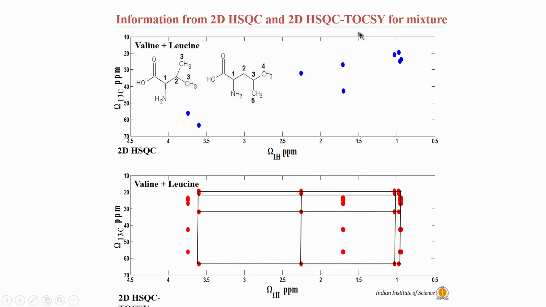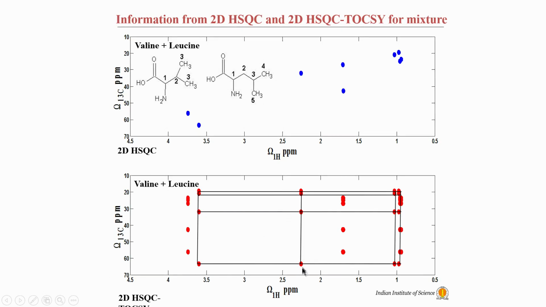A proton-proton TOCSY, if you recall in the homonuclear part of this course, we saw that there is no carbon involved. Similarly, HSQC has no TOCSY involved, but in this kind of a spectrum I am able to actually correlate carbon with proton. Not only that, I am able to get the complete spin system in the same line of protons. So, by doing this simple joining and matching by spin peak pattern, I can actually identify that all these peaks belong to one family, that is one spin system, and that could be leucine or valine depending on one information, if I have any information.